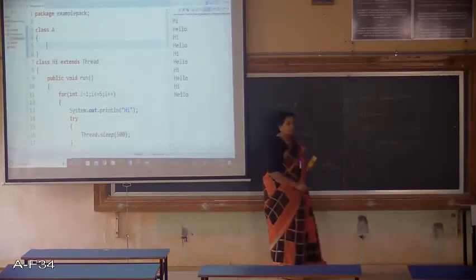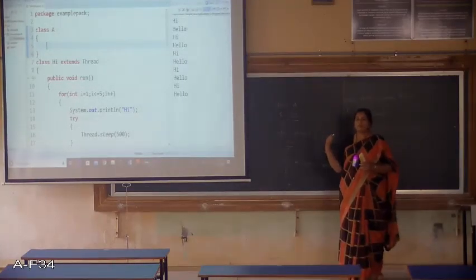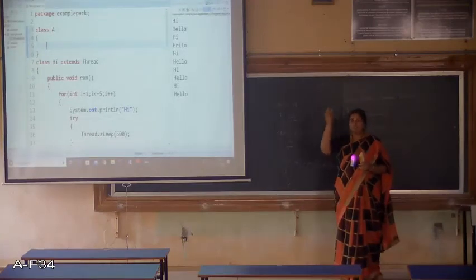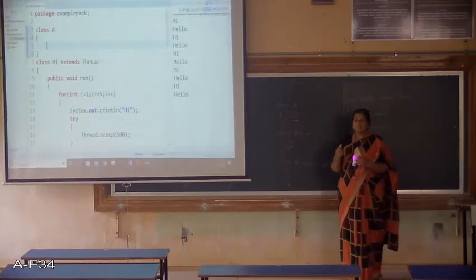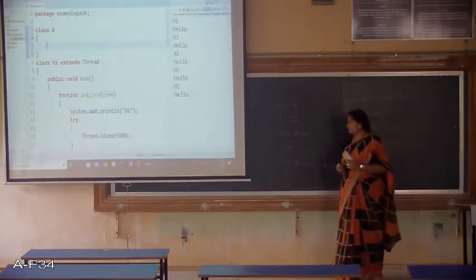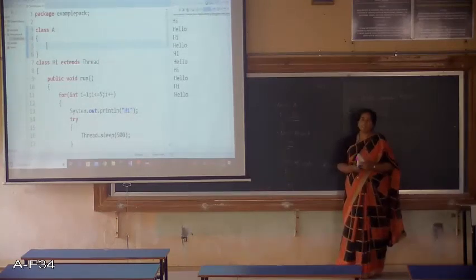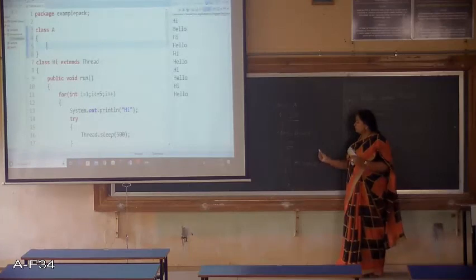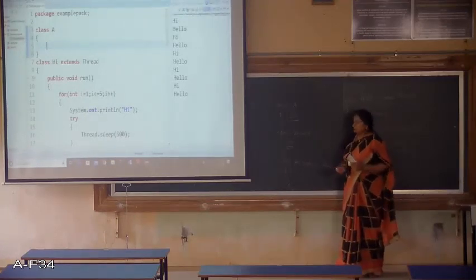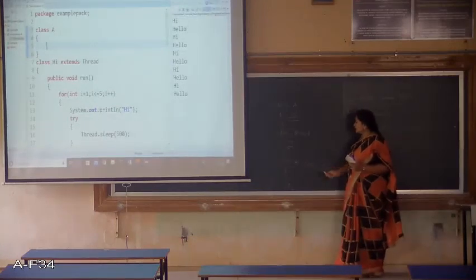In Java, using the extends keyword, you cannot inherit from two superclasses, two classes I mean. There is no concept of multiple inheritance that can be done using this extends keyword. So this cannot happen.